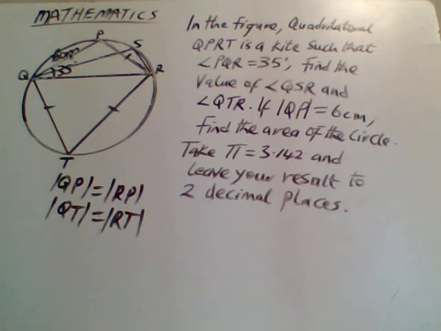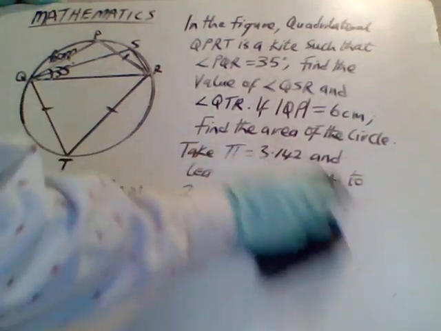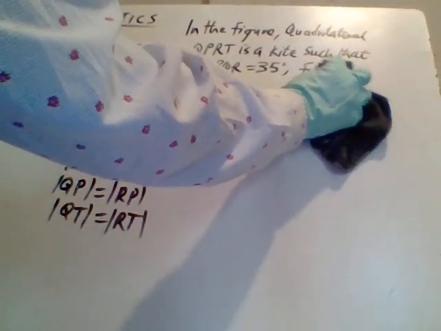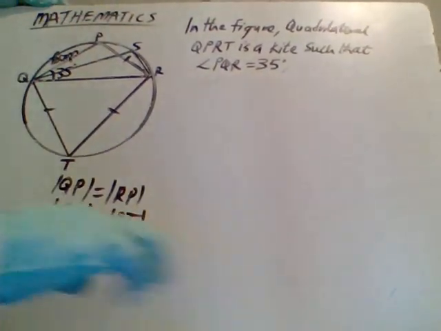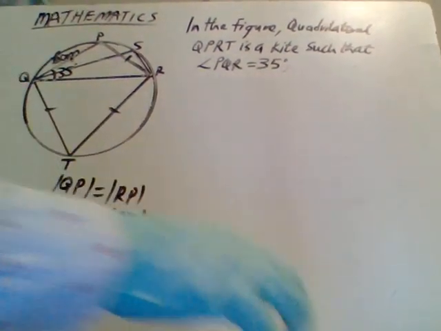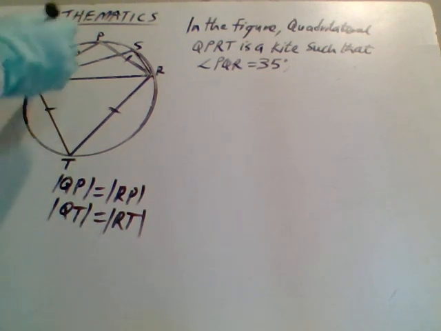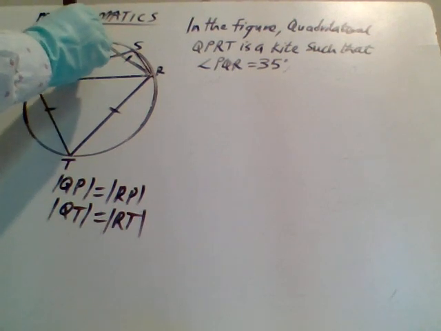So we can clean some of the board so we can be able to solve it. Take pi to be 3.142. So let's solve this problem. The first thing you have to know is, like I have stated, what a kite is all about. Then the next thing is, because the adjacent sides of the kite are equal, draw a line here